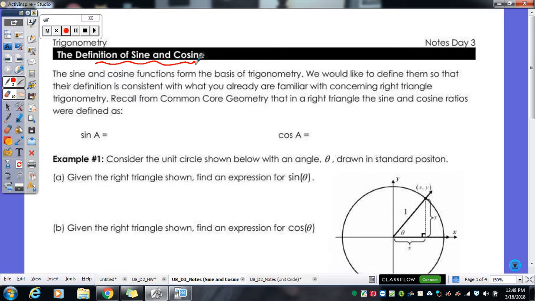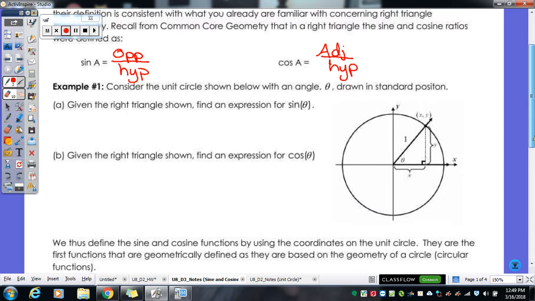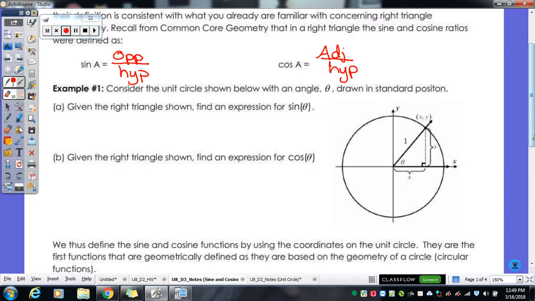Opposite over hypotenuse. And cosine is your adjacent over hypotenuse. So that's how we would always find it before. So keeping that in mind, if I look at my little unit circle picture I have over here, who remembers